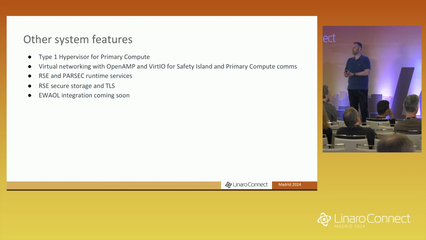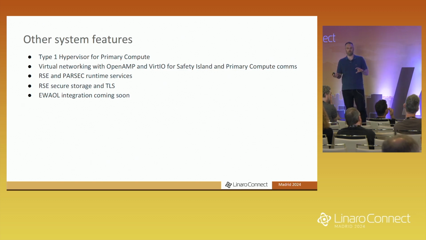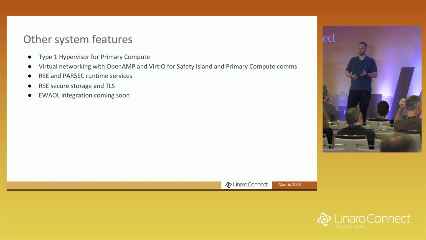So some of the other features that I'll just go through quickly. Type 1 hypervisor, in our case, this is Xen. Other Type 1 hypervisors are available. We use this as an opportunity to demonstrate how VMs can be used to separate workloads and all the standard and good reasons why you want to put a Type 1 hypervisor in an automotive system. As you might expect, VMs need to communicate with other parts of the system. So we've got network abstraction with OpenAMP and VirtIO to be able to communicate to and from the safety